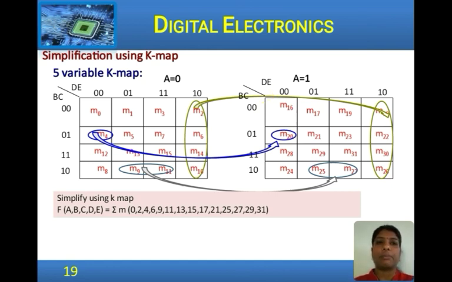Now one K map is assumed to be placed over the other, that is they overlap, and the overlapping cells can be considered to be neighbors. So thereby we can form pairs or quads or octets. So one K map is placed over the other K map and all the cells that overlap are considered to be adjacent cells. So pause the video, solve the problem, pause the video again, check your solution and then proceed.